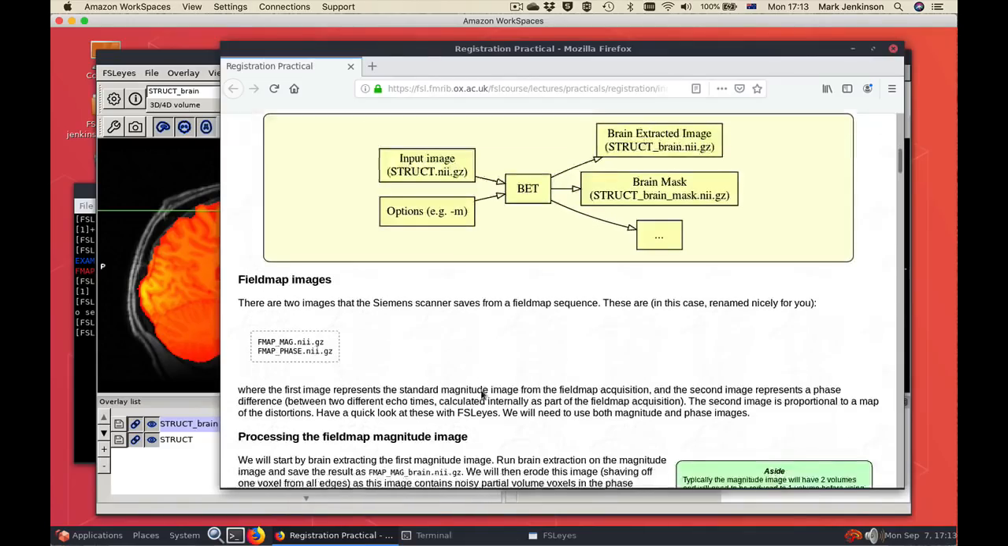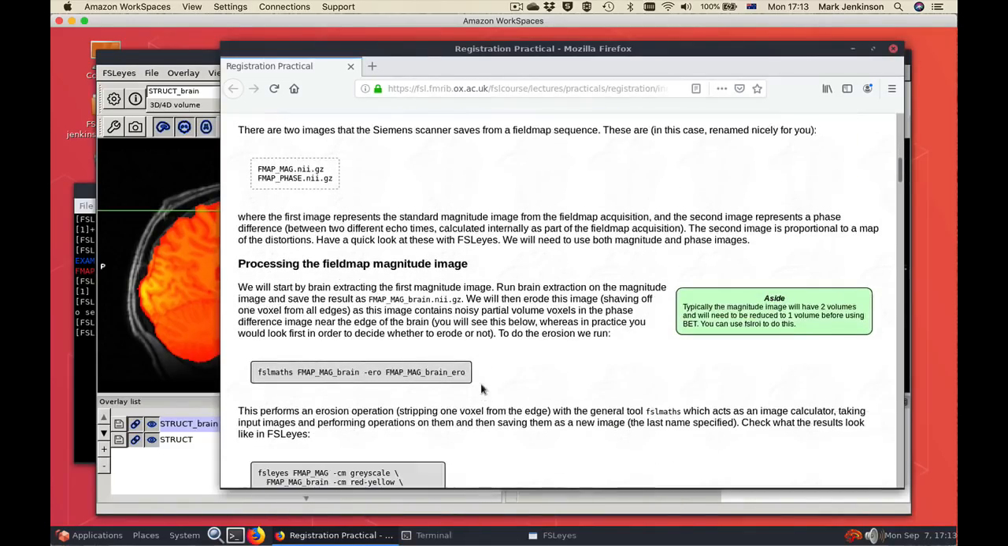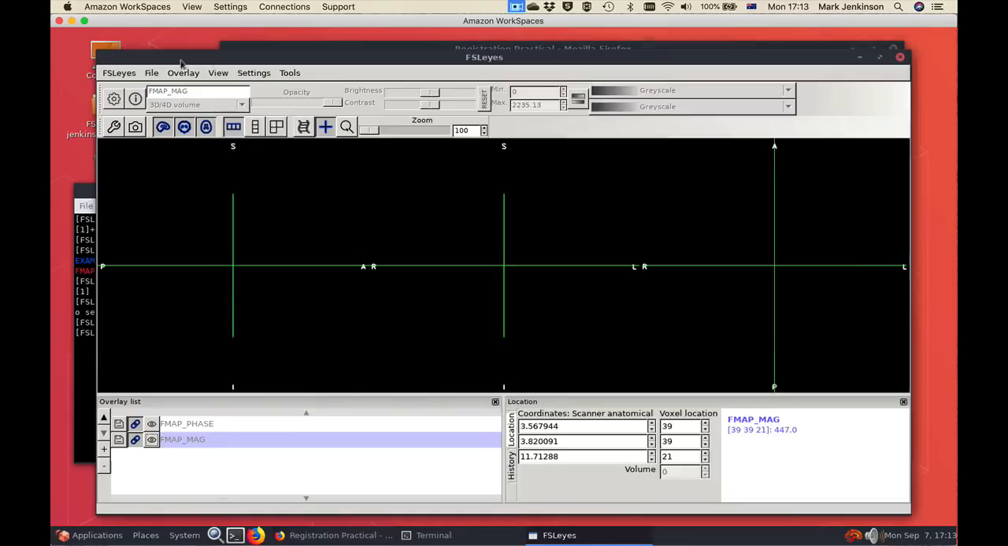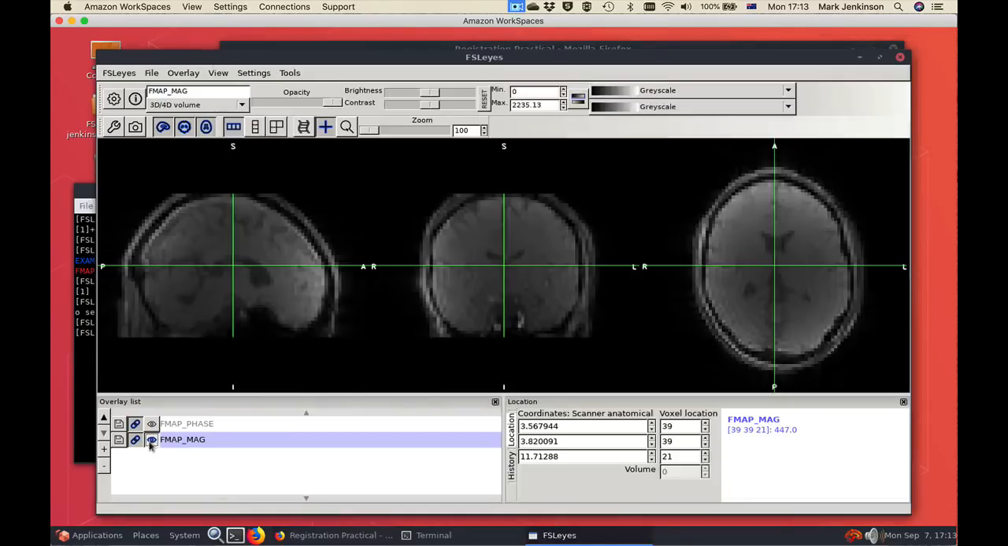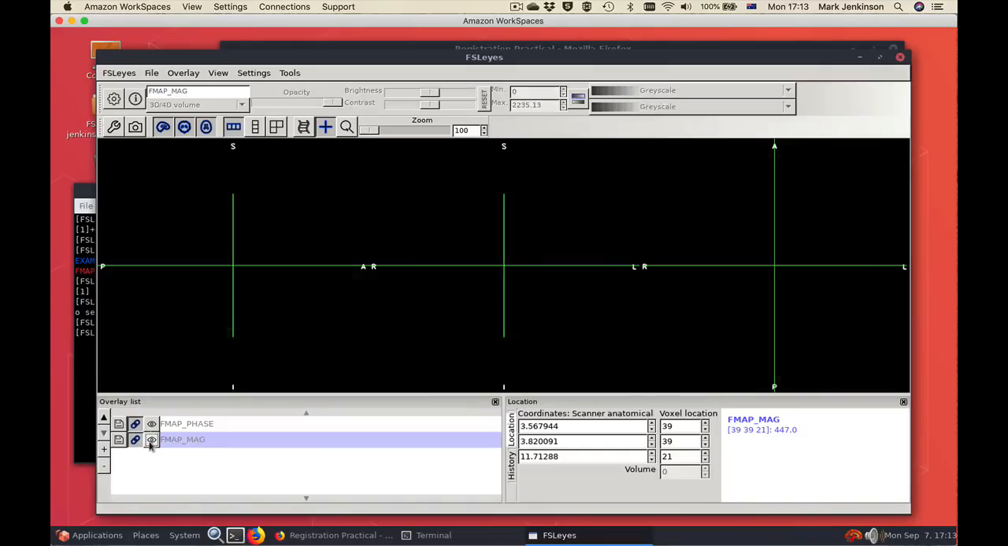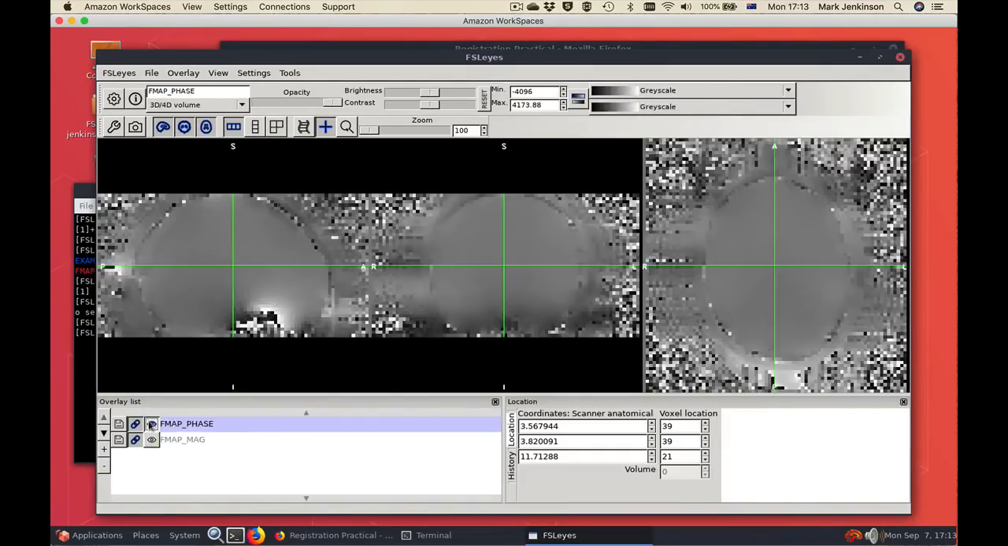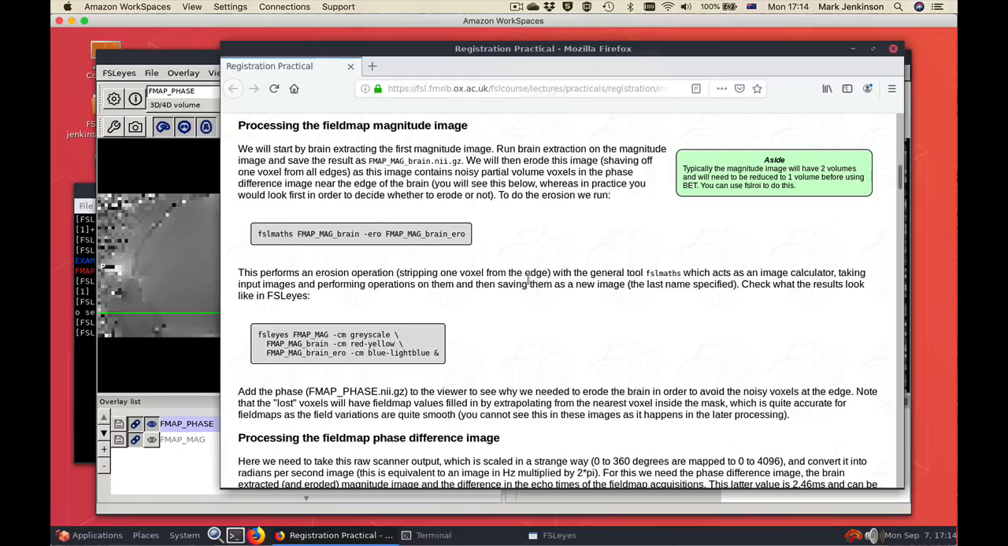In the next part, we're going to look at field map images. So I've loaded these already, and this is what they look like. This is the magnitude image, and it looks like a fairly normal but poor brain scan. And this is the phase map, which really doesn't look like a normal brain scan at all. It's fairly uniform except in the inferior frontal and temporal areas. The next part of the practical looks at processing the field map magnitude in order to do a brain extraction,